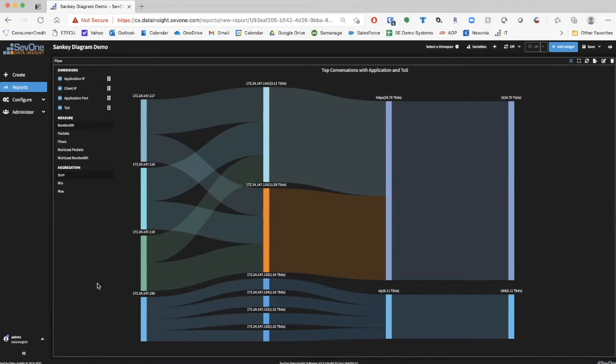In the case that we have here, we've selected a particular flow view, where we're looking at our top conversations with a particular application and a TOS. What is great about the way that these Sankey diagrams work is that it is an actual logical representation of how this traffic is flowing from point A to point B. In the upper left-hand corner, you can see the actual path that we're following. We're starting here with the application IP address. We're then moving through to the client IP address. You can actually see the system is directing you from A to B, and it's telling you how much traffic